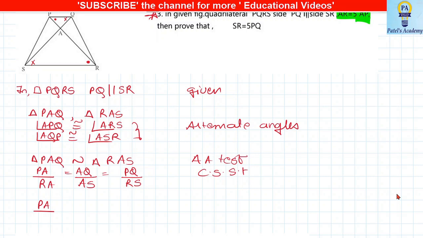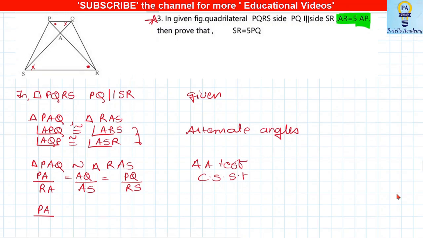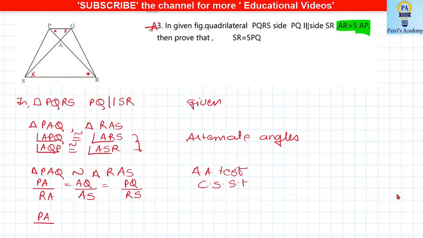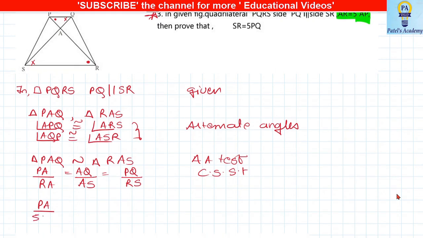PA as it is. Now what they have given you, AR, okay, AR is 5 times AP. So instead of RA, I'm writing 5 times PA or AP. Okay, and what do you have to prove? We have to prove this. SR is 5 times PQ. Okay, so what I'm going to do is, I'm not going to take this ratio. This ratio, I'll just remove it in the next step. That is equals to